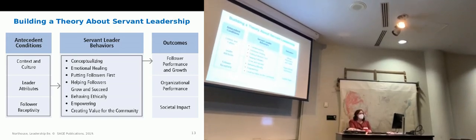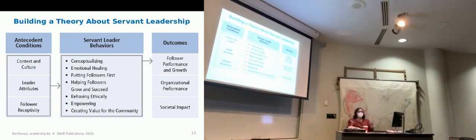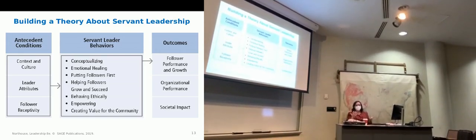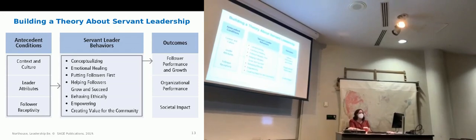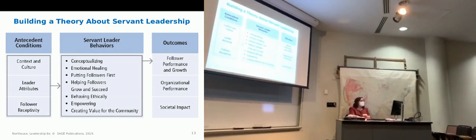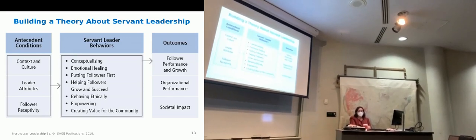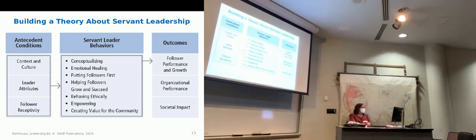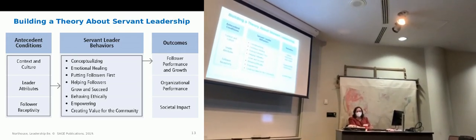And it's very different than some of the things we talked about with behavior theory. This idea of task and relationship and what's going to have the most output and be the most productive. Servant leadership is saying, we don't need to talk about task and relationship. We need to talk about whether we're putting other people in our organization first or not. And we're probably still going to get a really good organizational outcome just by simply doing that, rather than worrying about whether our leader is task or relationship oriented.